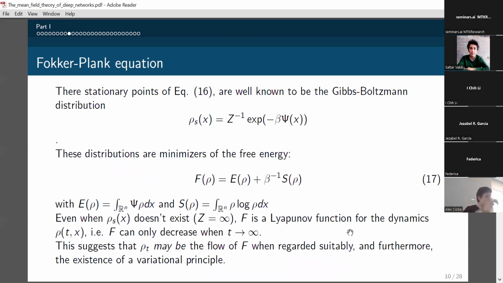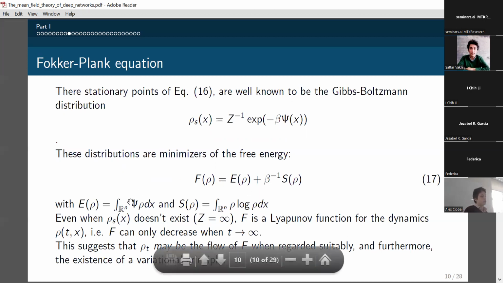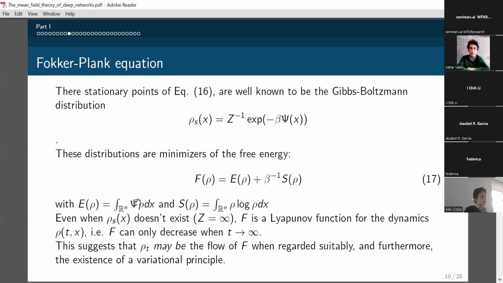Okay. So again, the stationary points for the Fokker-Planck equation are fairly well known. It's the Gibbs-Boltzmann distribution. And these distributions are minimizers of the free energy F, where E is the integral of the potential psi over rho, and S is minus the Gibbs-Boltzmann entropy. So it actually makes sense to think about this functional even when